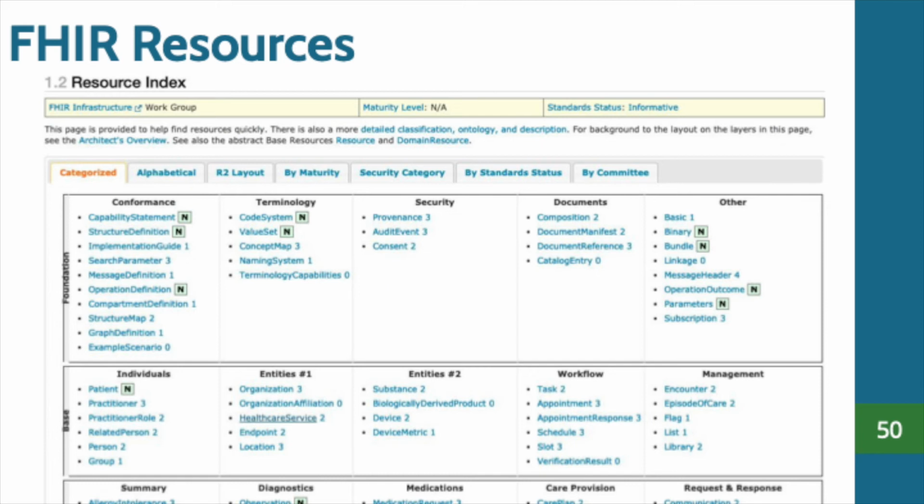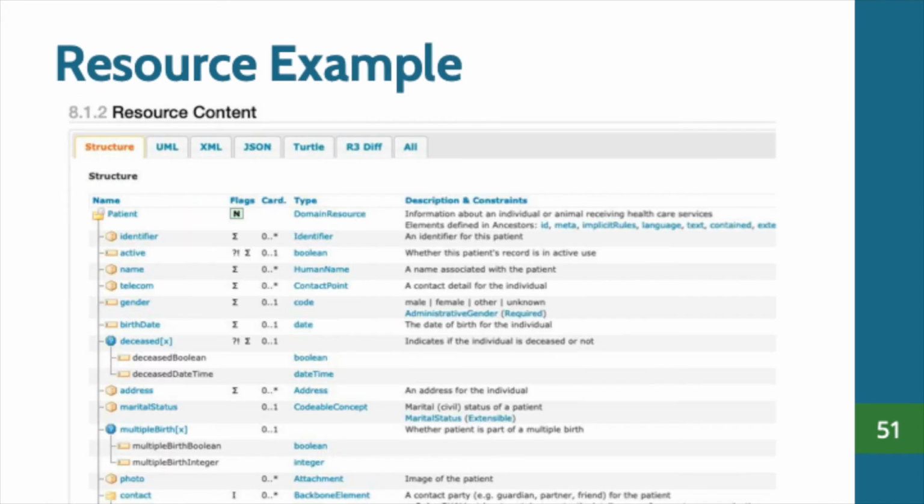I invite you to pause now and look at the resources list. As you were exploring the FHIR resources, I hope that you clicked on one of them and looked further at the example. In health data, one of the most common resources is the patient resource. I provide this as an example so that you can see how the attributes and data types are defined for each FHIR resource. I encourage you to stop the video and pull up the resources page and take a more in-depth look at the patient resource and any other FHIR resources that you're interested in before you start the video again.